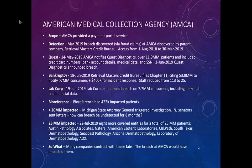Compliance violations could cover several different regulations, including Gramm-Leach-Bliley Act, or GLBA, Health Insurance Portability and Accountability Act, or HIPAA, and Payment Card Industry, or PCI. A month later, the parent company of AMCA files for Chapter 11. They spent $3.8 million to notify 7 million people, and another $400,000 just to handle the incident,